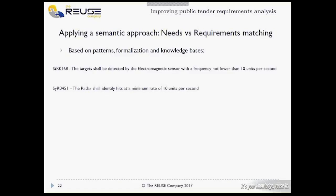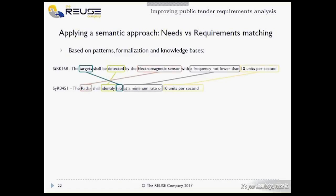So as I mentioned in the introduction for this webinar, the idea is to match the needs coming from the buyer with the system requirements that you already have for your systems. Here in this slide, you can see two textual requirements. One is representing one of the needs coming from the buyer, while the second one is representing a system requirement from your systems. So the idea is to come up with a kind of matching between these two requirements by saying, okay, we